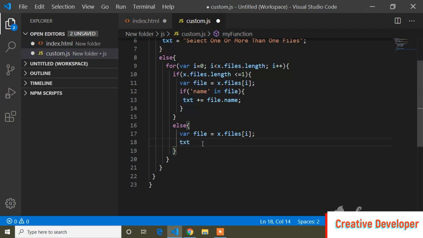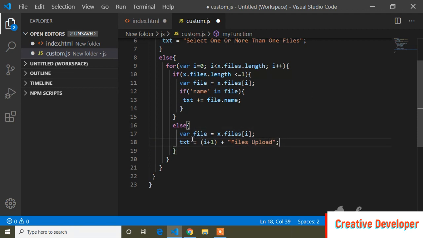So text equals to parenthesis i plus 1, plus, and in double inverted commas I will write a string value, so files uploaded, and semicolon.